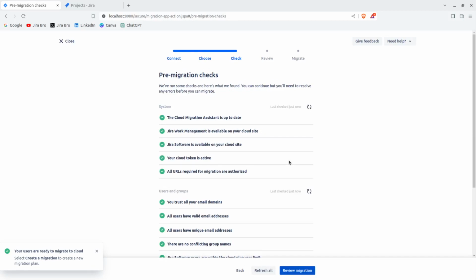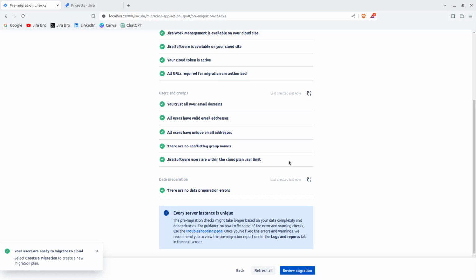Now, what is going on is that there are these pre-migration checks. If you go ahead to do the migration right away and you haven't updated your Cloud Migration Assistant, it's going to tell you that you need to update it, because it's not going to continue unless you do this. For me, it says that everything is set because I'm using a test project, but for you it may show some different things. For example,